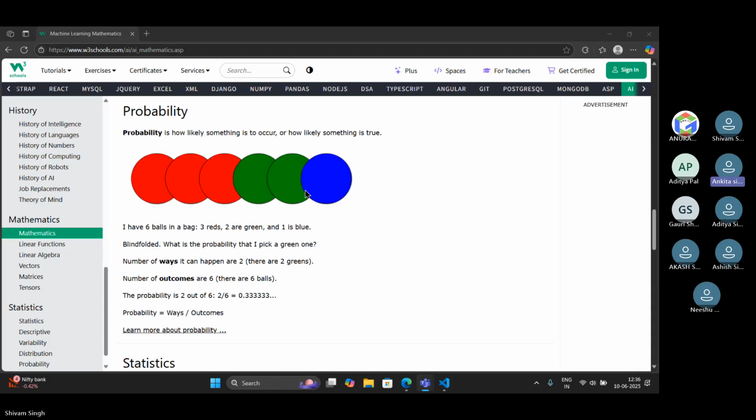I have six balls in a bag: three red, two green, and one blue. Blindfolded, what is the probability that I pick a green one? The number of ways it can happen is two, as there are two greens. The number of outcomes is six, as there are six balls. The probability is two out of six. Probability is based upon outcomes.